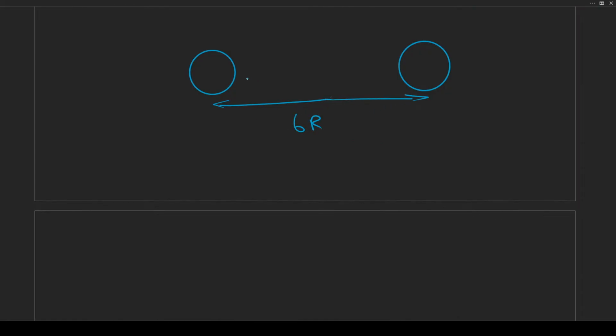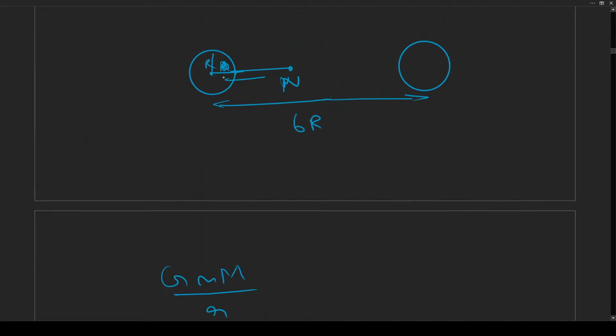Six r is this distance. This is r. Till this point is the neutral point. This is the neutral point. At the neutral point,